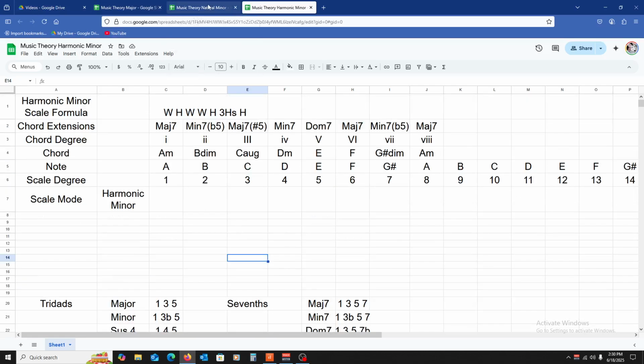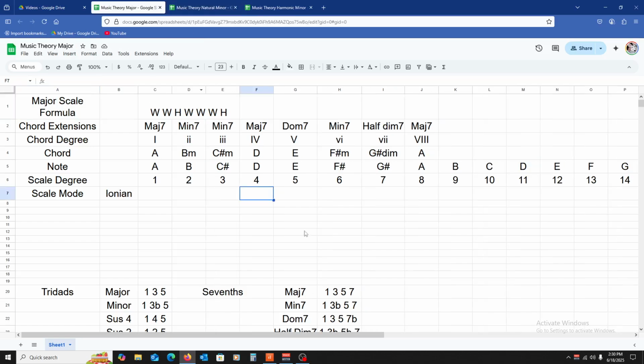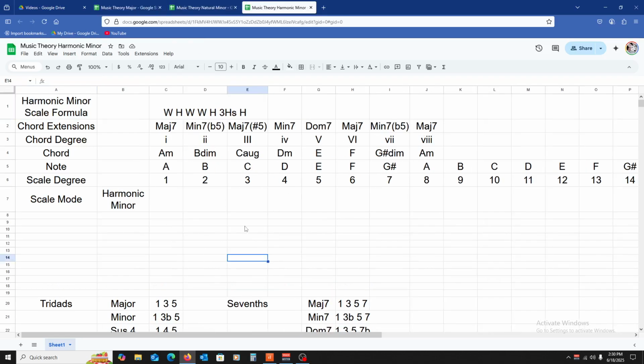I know this is where things get pretty complicated, but hopefully you have a better understanding of the melodic minor, and how you can use it and apply it to your songwriting. And the more you work with the scale and the chords, the more you'll get a better feel for when to use the harmonic minor and when to maybe not. There are times where, like I said, instead of using this